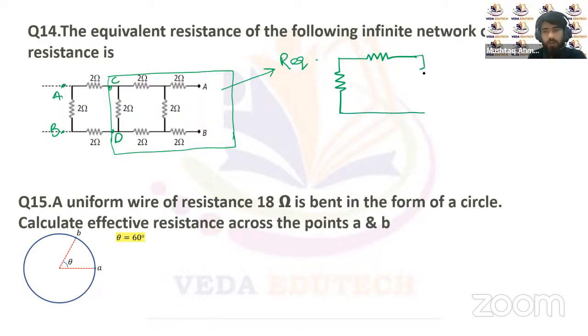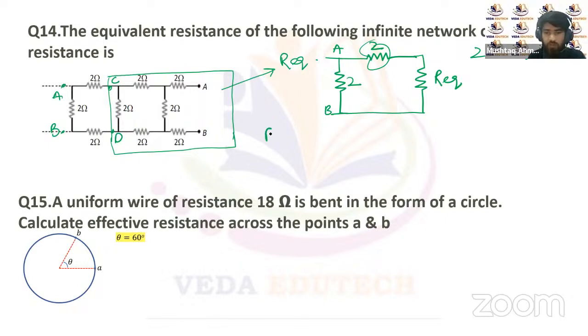So this is the R equivalent. This is the 2 ohm resistor, and it will have equivalent resistance about A and B, which will also be equal to R equivalent. Now you can see here R equivalent and the 2 ohm resistor are in series, so they will have a resistance equal to 2 plus R equivalent, and they will be in parallel with this